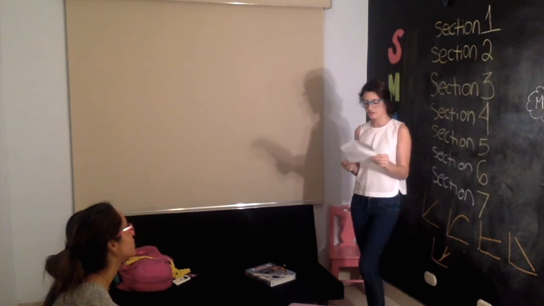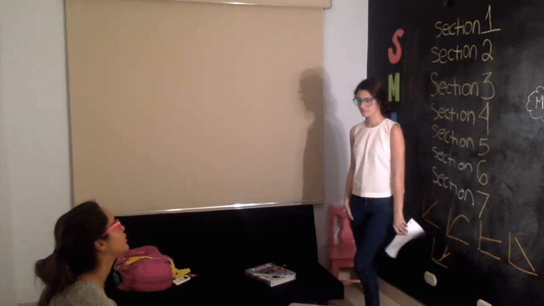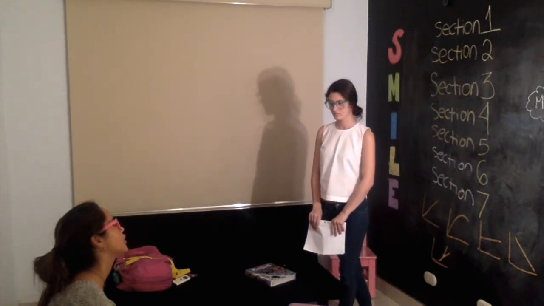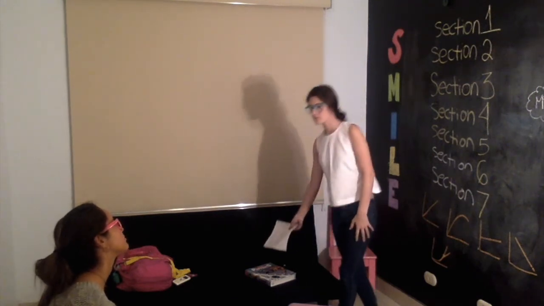Okay, and the last section. Why do you have to enter a curve slowly? Because you don't know if there's probably a car coming in the opposite direction, and if you go too fast on a narrow curve or sharp curve, the car might go over the edge or flip. Okay, perfect.